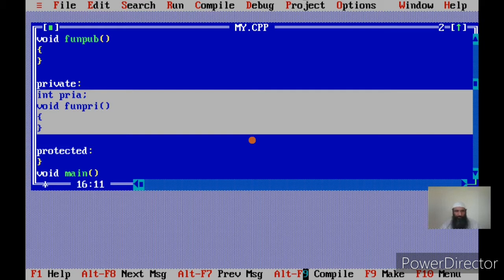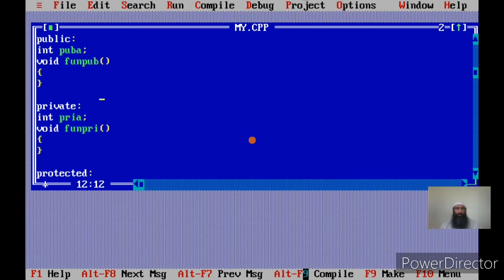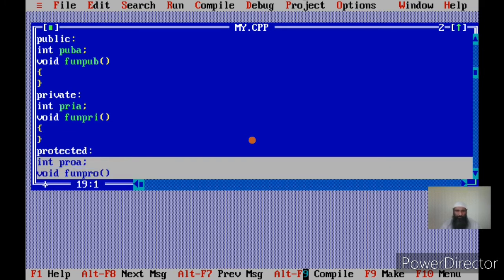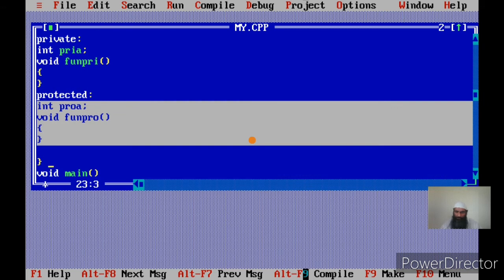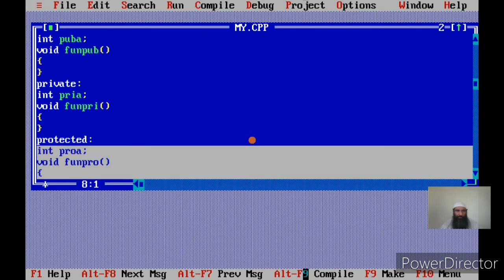Now in the protected section I'll again keep two members, that is protected A and a function. Let me compile this one to see everything is fine. Okay, this one is fine. I've created one class.